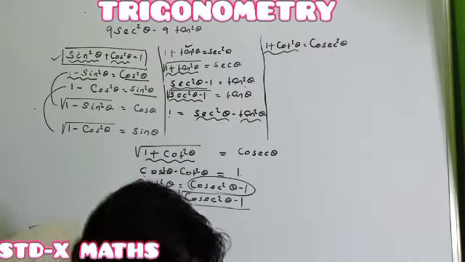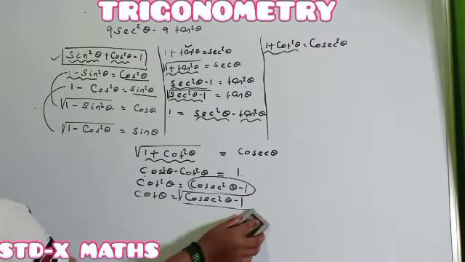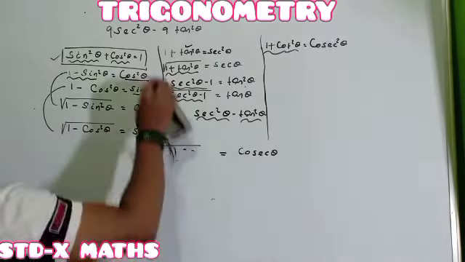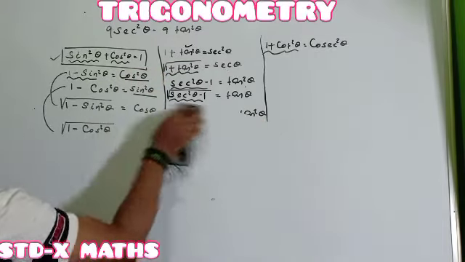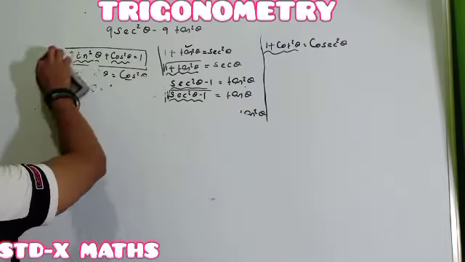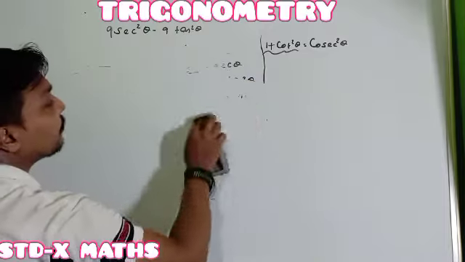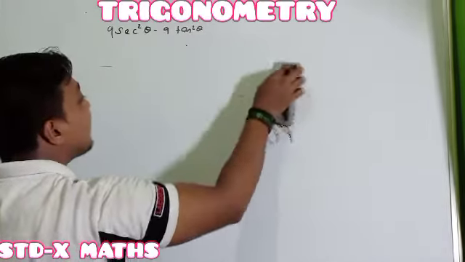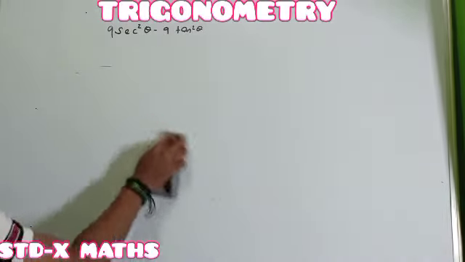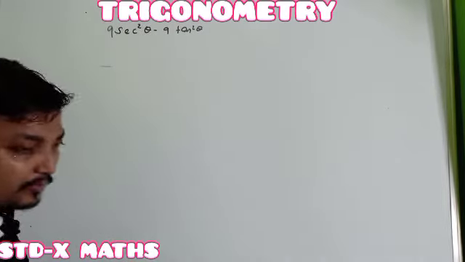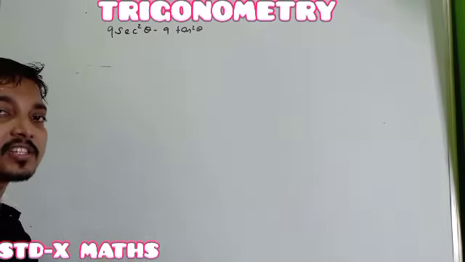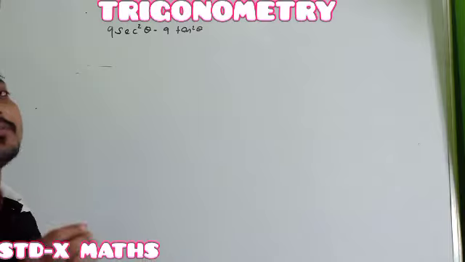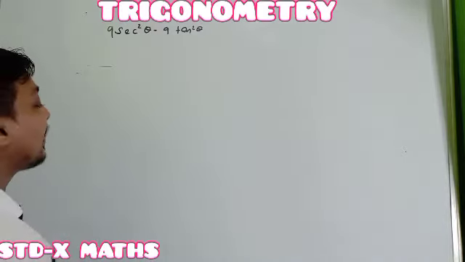So this is the first trick I said. Whenever a question asks you to solve an expression, or to prove the left side is equal to the right side, first you have to remember all these things. Whenever you get any chance of putting these, don't miss it. And the second trick I am saying,